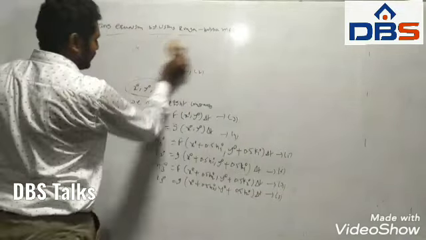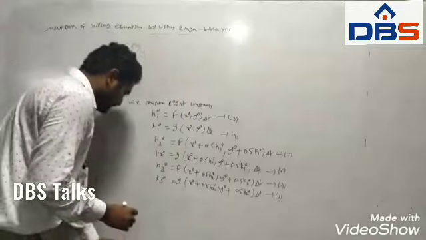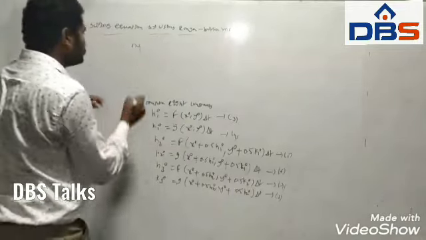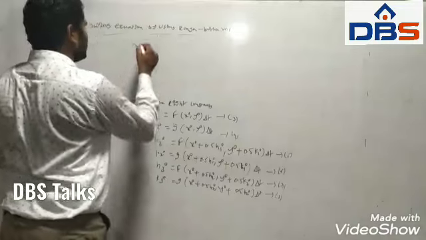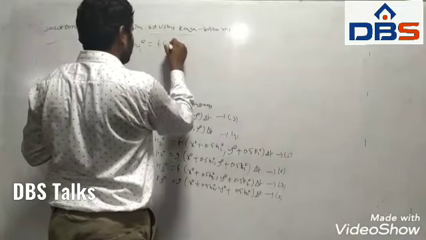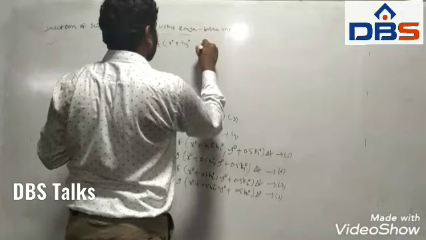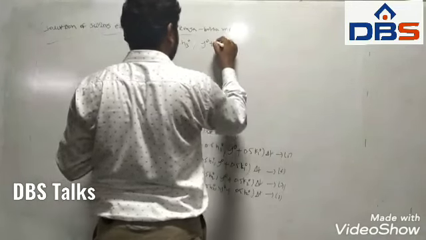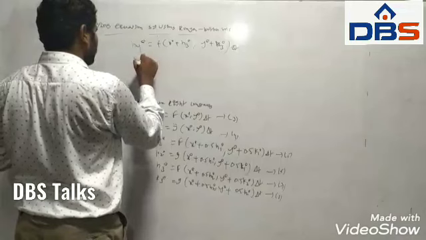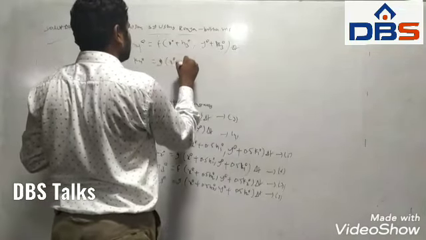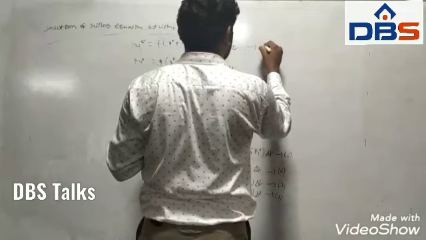And coming to another two constants, that is h4 power 0 is equal to f of x power 0 plus h3 power 0 comma y power 0 plus k3 power 0 into delta t, and k4 power 0 is equal to g of x power 0 plus h3 power 0 comma y power 0 plus k3 power 0 into delta t. So treat these equations as 9th and 10th equations.